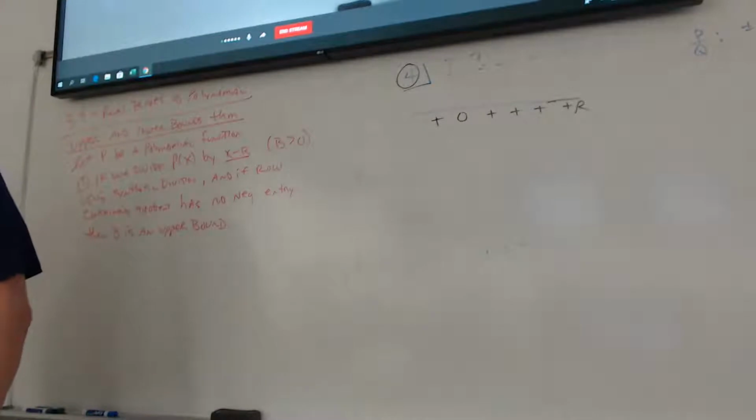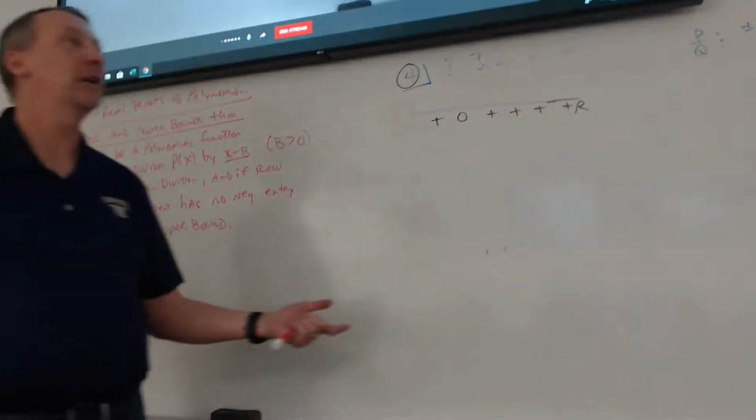Okay? So that's one way that you can kind of narrow it down. You can say, oh, 6, there's no way 6 is going to work. Don't even worry about trying to find it. It's not going to work. Okay? So does that make sense what this means? Now, rule number 2,